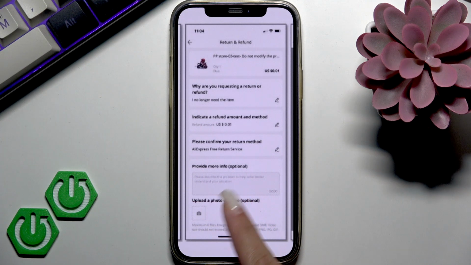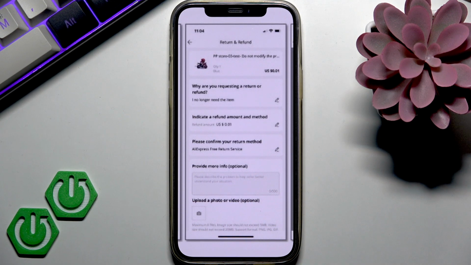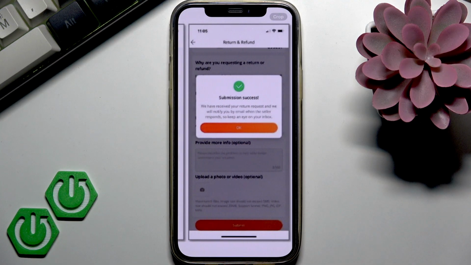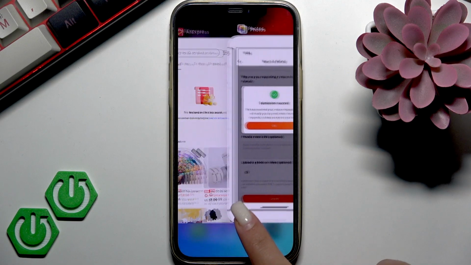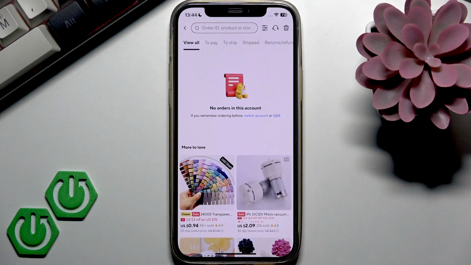So here in this box you can write a few sentences where you in details explain what exactly happened and why do you need this basically return. And then you can upload your photos, screenshots and videos as evidence for your seller. And of course, do not forget to submit your request. Usually requests are processed within a few business days, so wait a little bit, and after your request is approved,